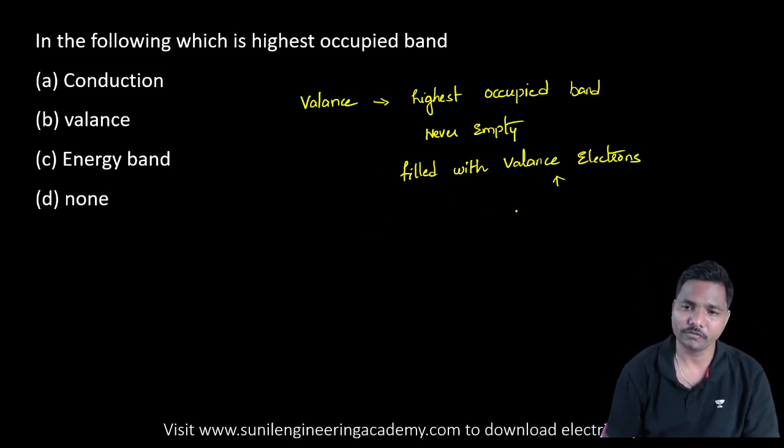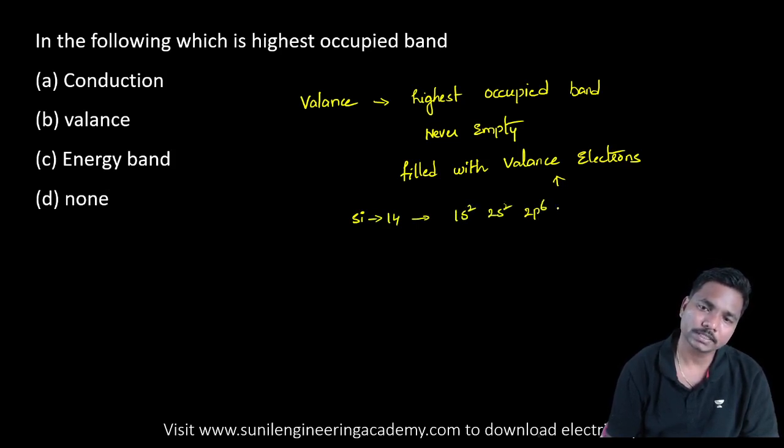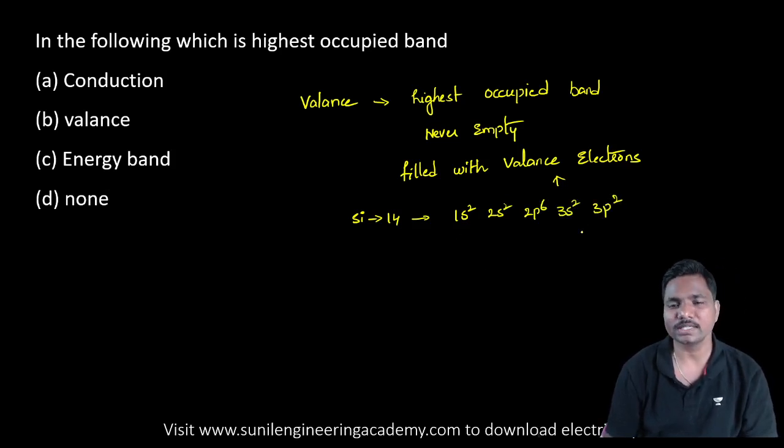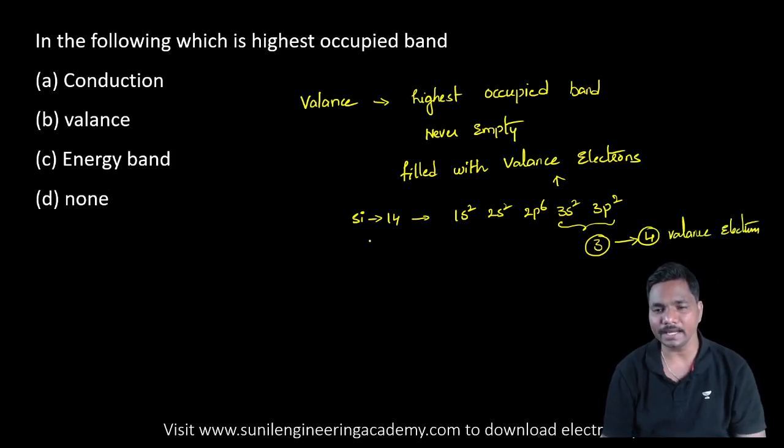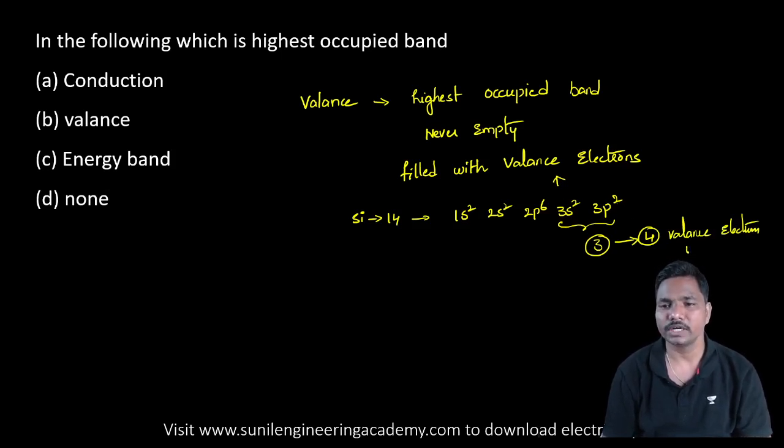So for example, if you take any one element, let us take silicon, atomic number is 14. So 1s2, 2s2, 2p6, 3s2 and 3p2. So here what is the outermost orbit? The outermost orbit is the third orbit. In this third orbit, how many electrons are there? 2 plus 2, 4 valence electrons are there. So if you consider any element, the outermost orbit always has some electrons, so it is never empty